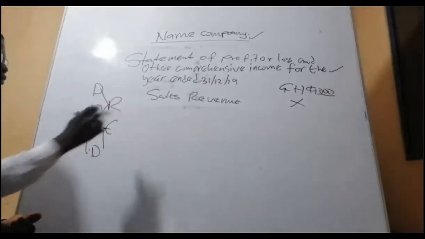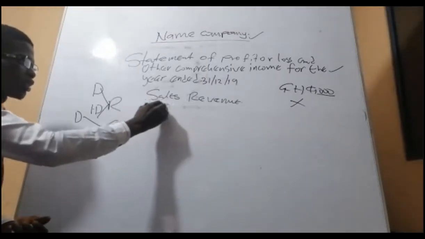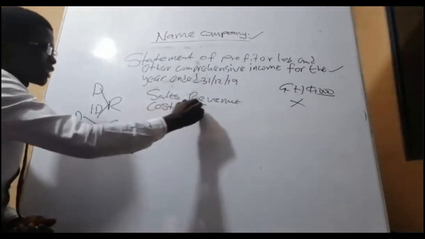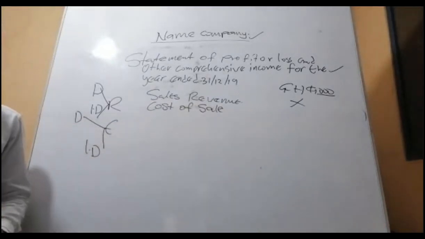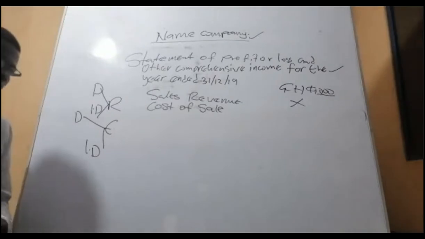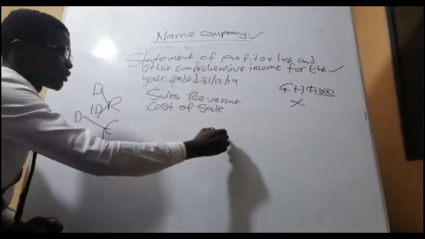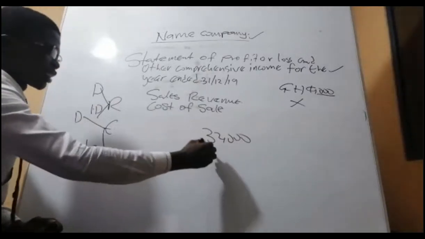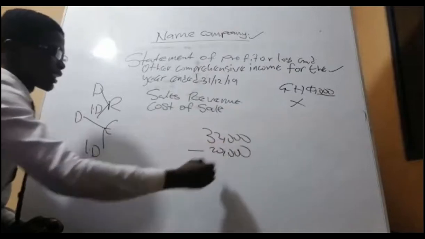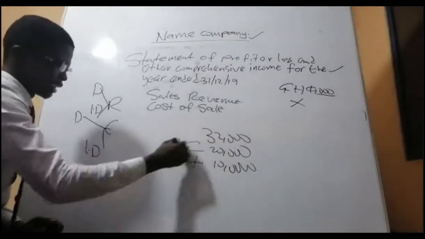Good. Then you go to the direct expense, we call it cost of sales. So cost of what? Sales. All expenses, you put them in a bracket. You are subtracting. Good. This year we don't want to see something like this. You writing 32,000. If you are lessing something, you write a less here. 20,000. You are adding something, you write a plus here. 10,000. Please, we don't want to see this.